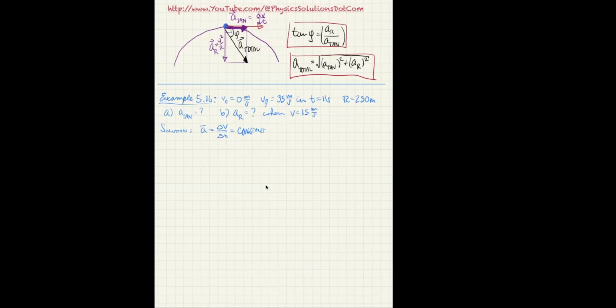And in fact, all we have to do is say A is equal to v final minus v initial over the time taken. The v final we already have is 35 meters per second. The v initial is 0 meters per second, and the time is 11 seconds. So we're dividing 35 by 11. That gives me 3.18